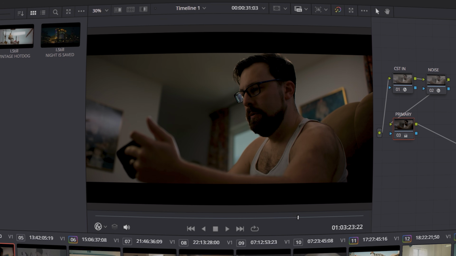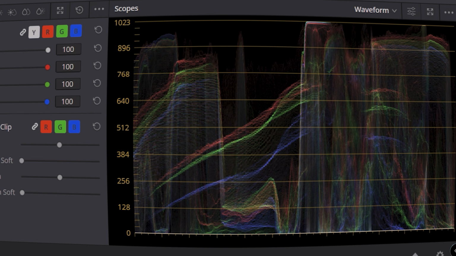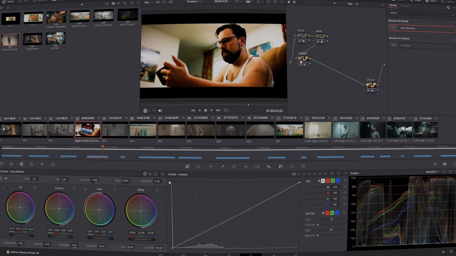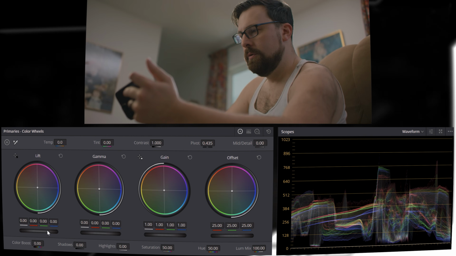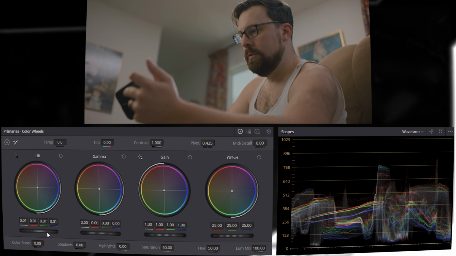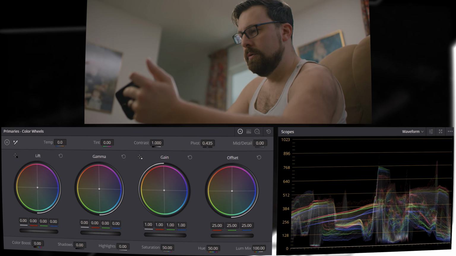And then same with the exposure. If we bring this higher than the graph can handle, now we're getting all these blown out areas. So what we want to do is, for me, I'm creating my boundaries. So the lowest I want to go and then the highest I want to go. Lowest I want to go, I actually want to get as close to the bottom as I can without touching